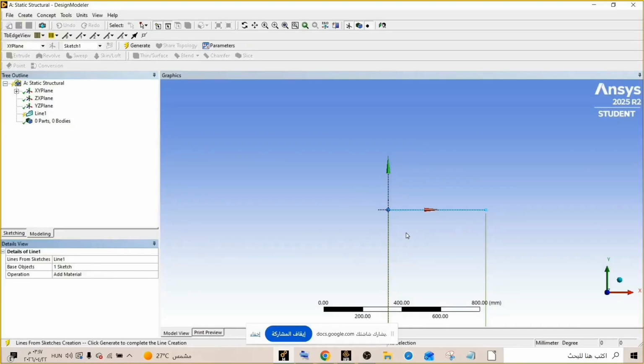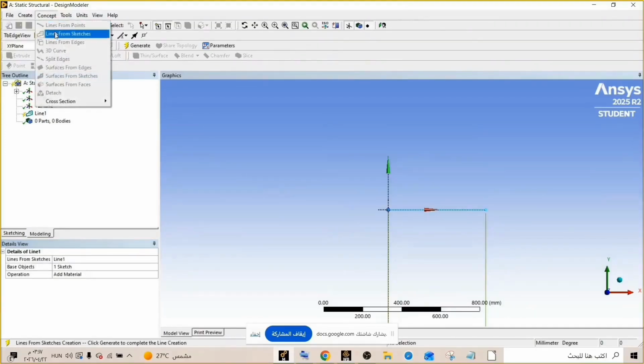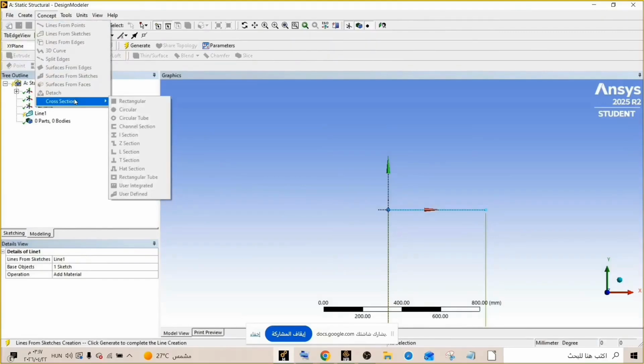So now I have created a line from sketch. Next, I'm going to define the cross section. So go to concept, cross section.